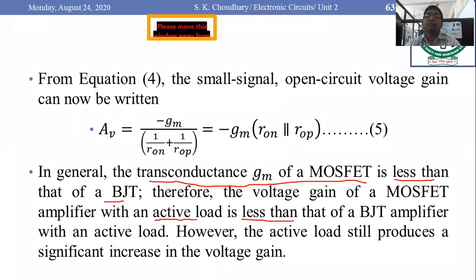So this is the discussion for the MOSFET active load. We have discussed the current mirror circuit and the relationship between the output and reference current. We have discussed the factors on which the output and input current relationship depends, and we have also discussed the MOSFET based active load circuitry and defined the voltage gain for the same circuit. I hope all of you have understood this.